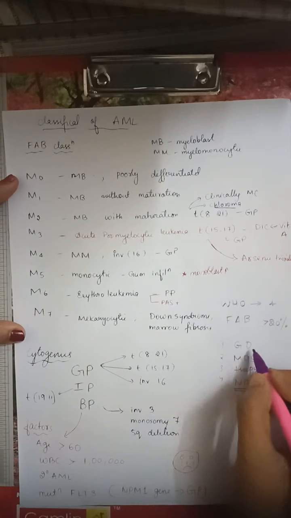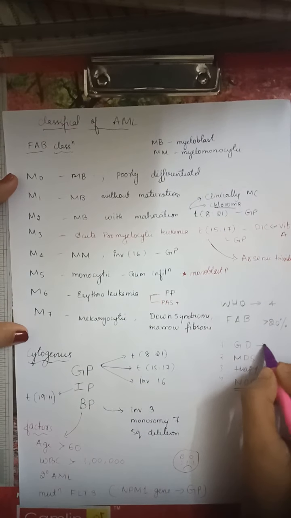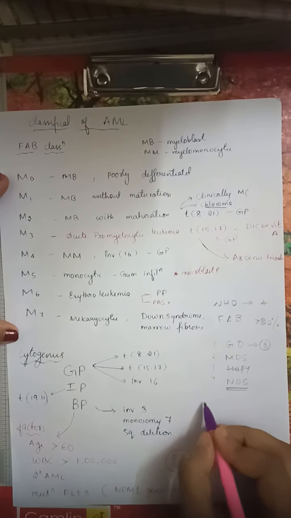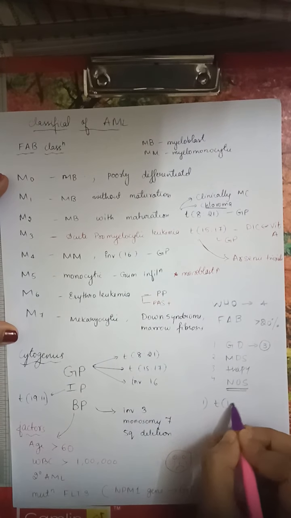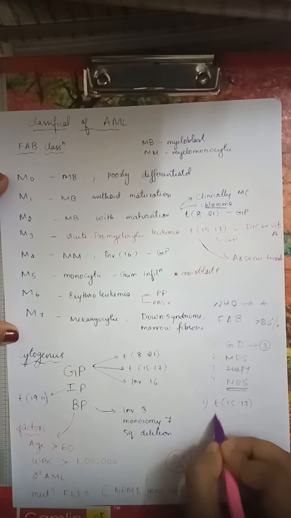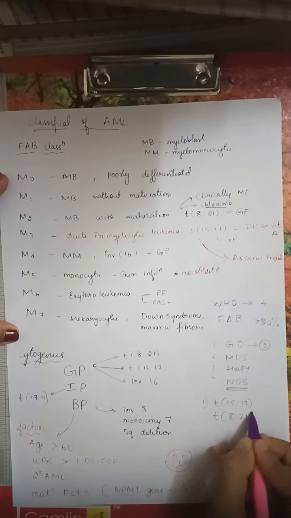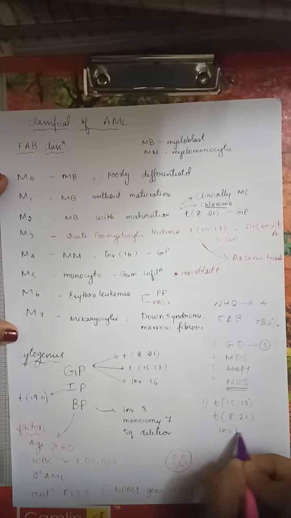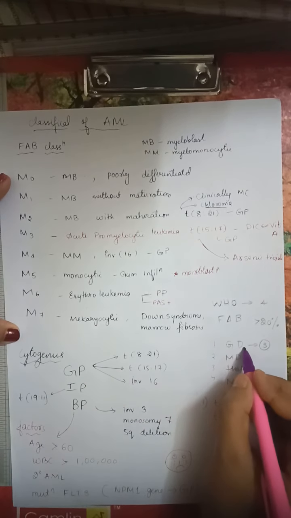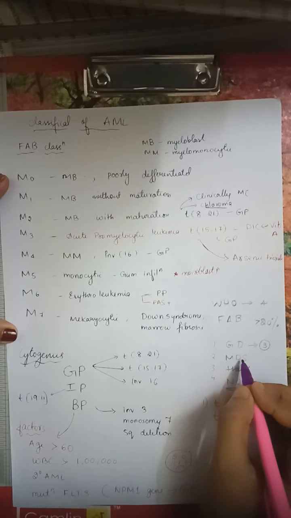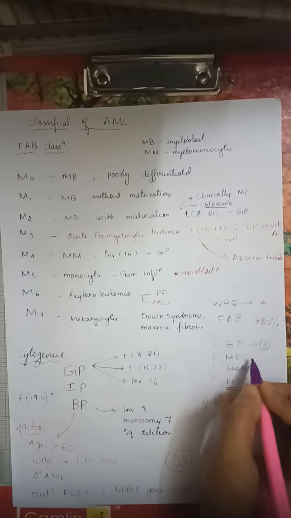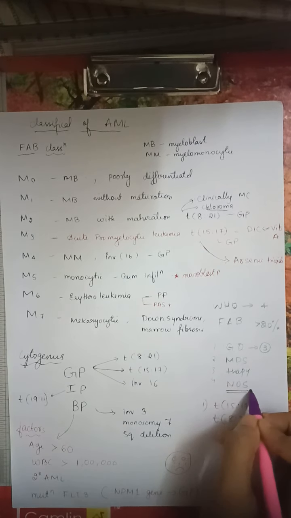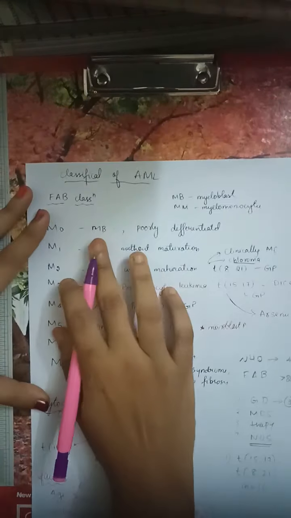This not otherwise specified is like this, both mimic. And in genetic defect, there are 3 genetic defects. Basically we talk about 3 things. One is translocation 15;17, one more is translocation 8;21, and one more is inversion of the 16th chromosome. So these 3 are the genetic defects, and one more thing is whether it is associated with MDS or not, and one more is drug related, and one more is NOS, which is explained in detail in FAB.